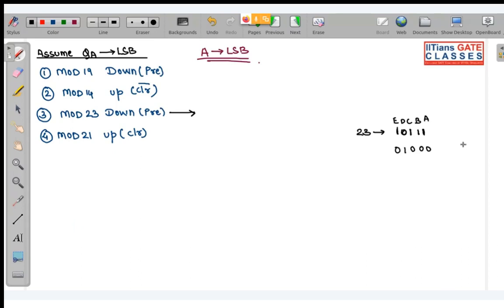So what you have written, AC, I told you A is LSB. It's what you guys have taken. This one I have told you. Mod 23 down counter. 23 is 16 plus 4 plus 3. So this is 16, 4, 3. Okay, so we are searching for what? In down counters, we are searching for zeros. Okay, and here we have pre. So with pre, we use your NOR. So this will be E plus C plus B plus A,